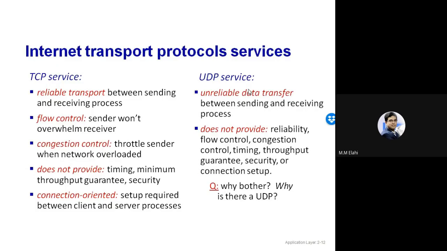And there are 2 types of service. One is TCP, one is UDP. We'll go through details of these services in chapter 3. Right now, we need to know just the concepts. For example, TCP is a reliable transport protocol. That means if some data packets are lost, TCP will ensure those are retransmitted. So that is reliability. Flow control: the receiver can receive at a particular rate.